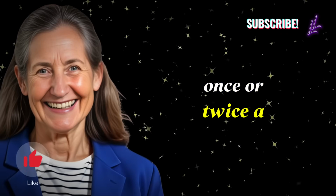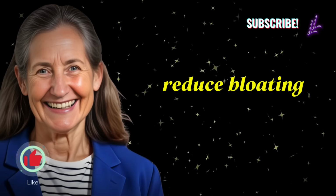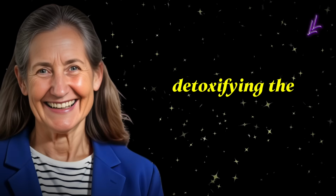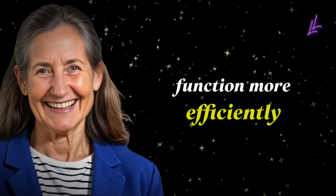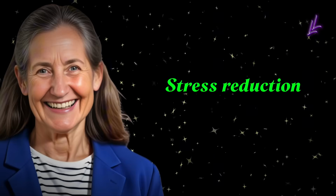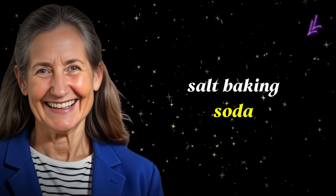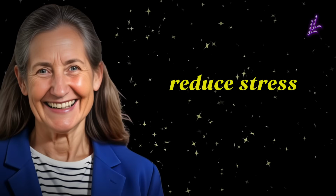Regular use once or twice a week may lead to clearer skin, improved digestion, reduced bloating, and increased energy levels. Detoxifying the liver and lymphatic system allows your body to function more efficiently, contributing to overall health, stress reduction, and better sleep. This mix of Celtic salt, baking soda, and castor oil can help calm the nervous system, reduce stress,